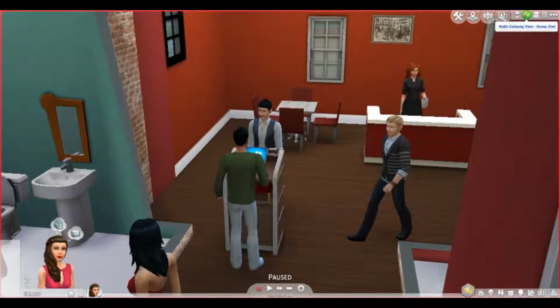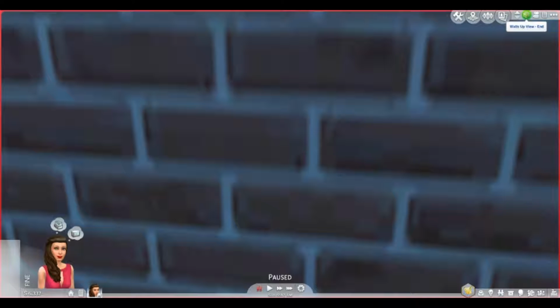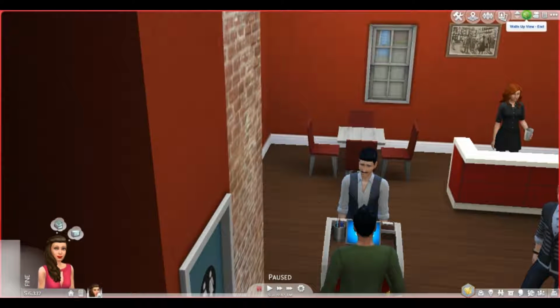I use the unisex doors because I have found that there is a glitch with the male and female doors. I've had female Sims walk into male bathrooms and not be able to walk out, and male Sims walking into female bathrooms and not being able to walk out. It makes sense why they're not able to walk out, because they should never have been able to walk in the first place. But this glitch has happened to me several times, and one time when I was playing off